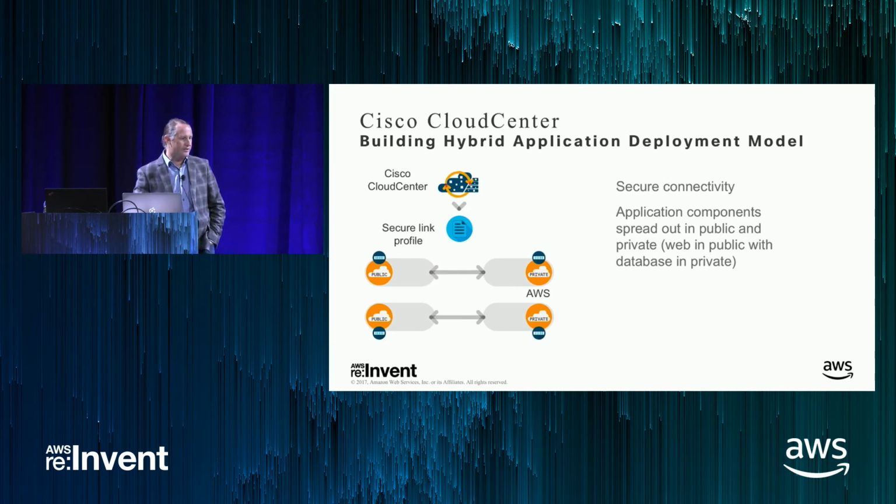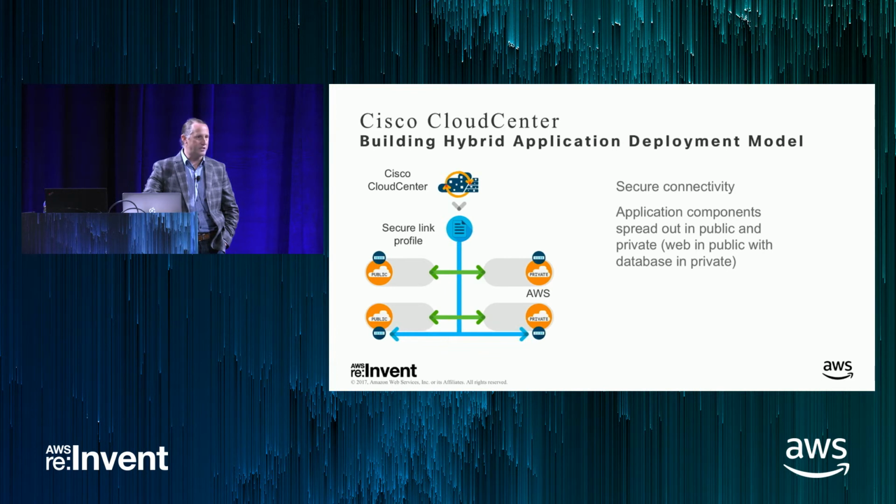There's a couple other scenarios here, so we're going to get into more complex scenarios now. It's easy to say, let's move the whole thing and pick it up and fly it to the other environment, but what happens if I actually need to use both environments at the same time? So I need something that builds the connection between my on-premise and my public AWS. I may have multiple regions. I may need to build an East Coast and a West Coast. And so now I have that one-time setup. My connectivity is good between my two environments.